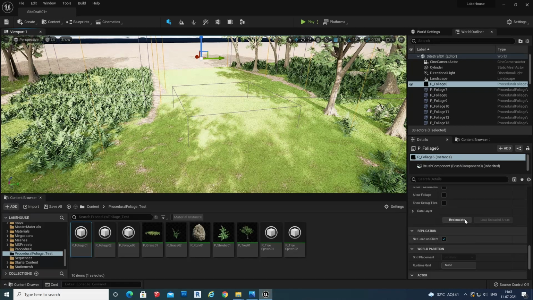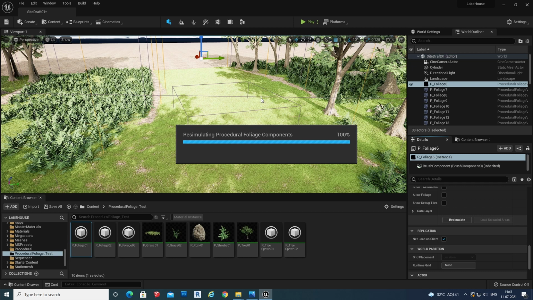Resimulate. So you need to resimulate the volume of the foliage, not the blocking volume. Yeah, it's resimulated,